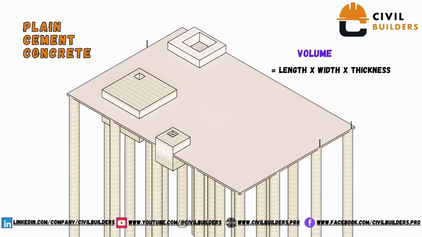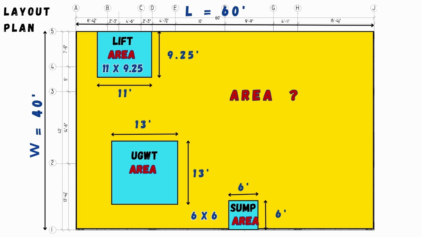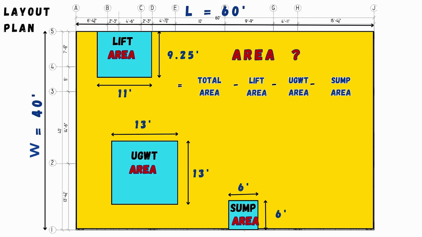Let's head on to the real life project for PCC calculation. Here are the required dimensions that we have extracted from the drawings, where the length of the plot is 60 feet and the width is 40 feet. To calculate the total volume of this yellowish portion, we need to find the area. For that purpose, we need to subtract from the total area the lift area, underground water tank area and the